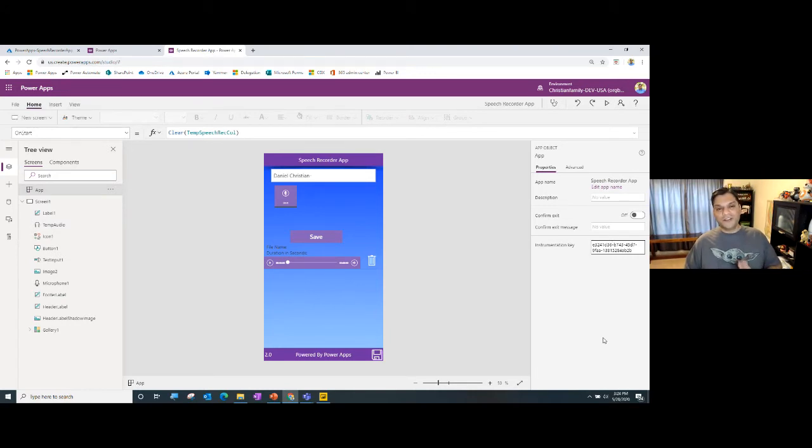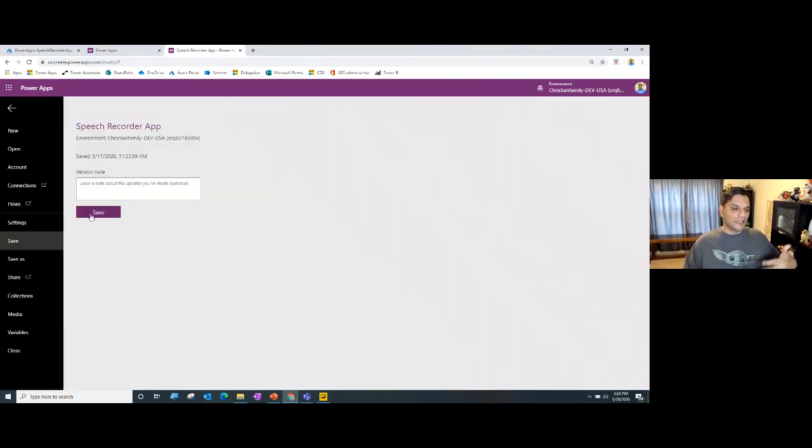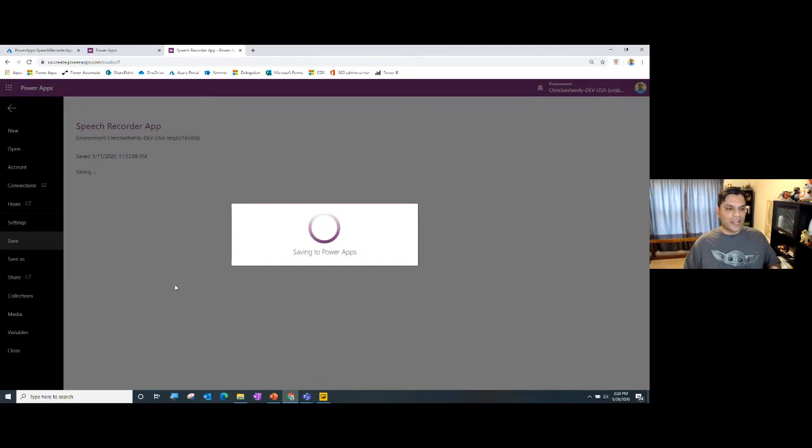Now there's something very interesting that's happened over here. I've actually informed the product group on this one. I went ahead and pasted something, which means I made a change. For some reason, the app doesn't notice that. It opened up and I clicked somewhere else. But if this was a brand new app, it would not give me the option to save.